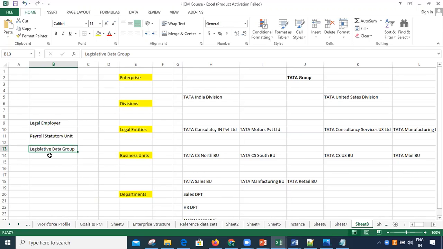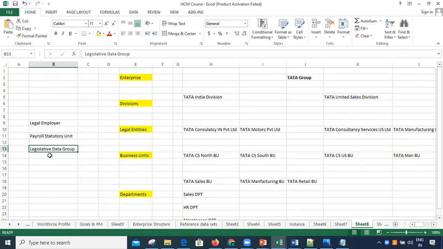These include taxation components like income tax, provident fund, and ESI in India; federal income tax and tax withholdings in the US; and NI payments in the UK.